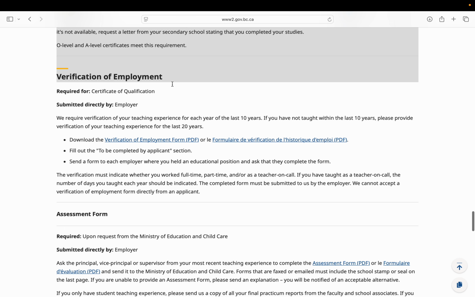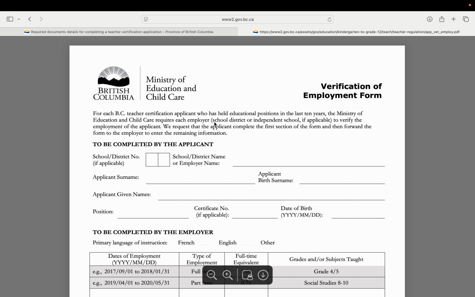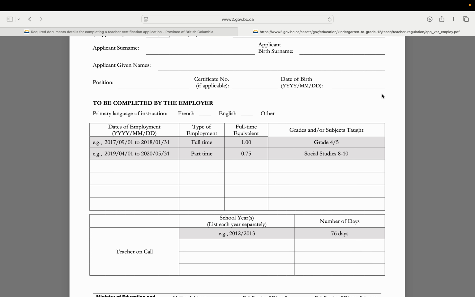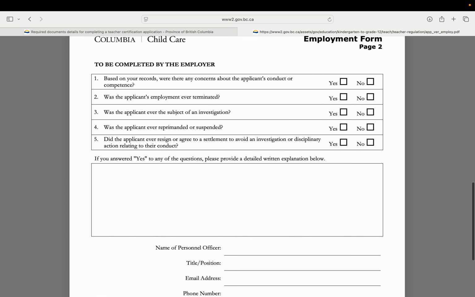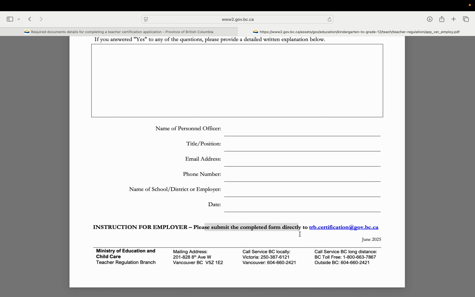Next we have verification of employment. If you have teaching experience from back home or any other country, this is something that is submitted directly by your employer. If you taught somewhere, you need to download that form again. The top information you need to fill in, all the information, and the bottom one needs to be completed by your employer, and make sure that your employer submits the completed document. Employer needs to finish this document and directly send it to